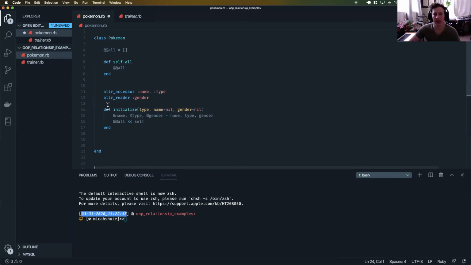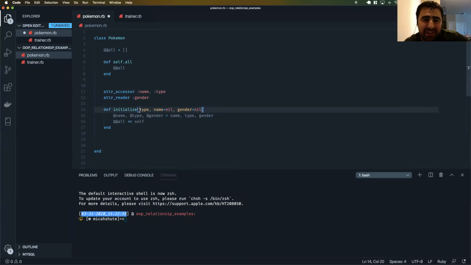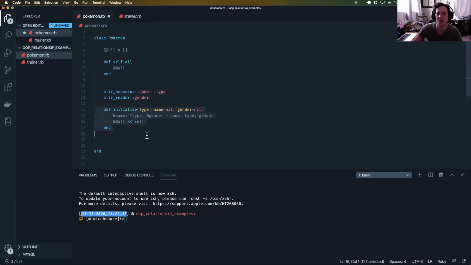Sure, but if I don't know anything about a Pokemon, in my opinion, there's no point to make it, right? Why would I be making an object which I know nothing about? I see a silhouette of a Pokemon scurrying into the trees, right? That's the only time I could think of. Even then, maybe the general shape would at least be known. So if I don't know anything about it, there's no reason for me to make an object, right? Yeah, I mean, later we can assign on it. Like we have an attribute writer, we assign on it. Yes, you can. So this is, again, like I said, it will work without an initialize method, but it's